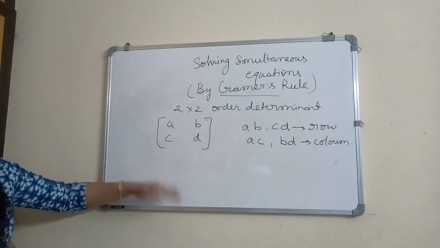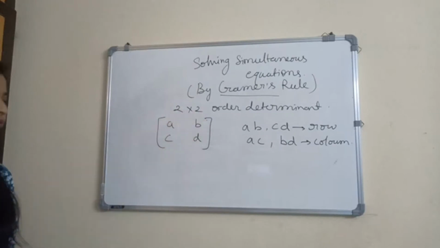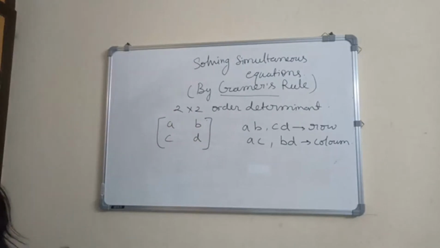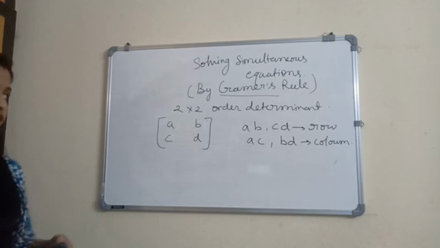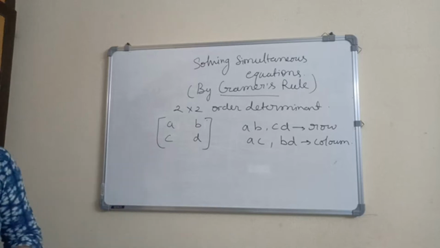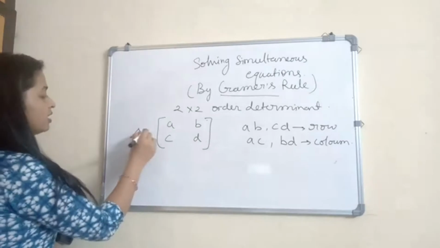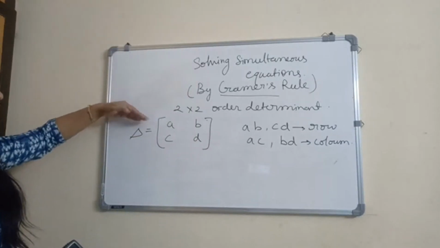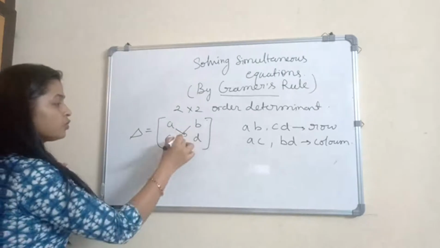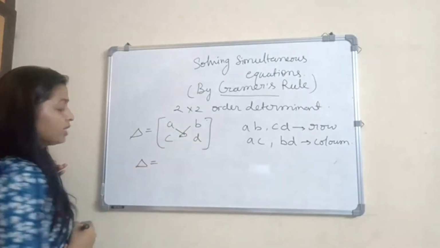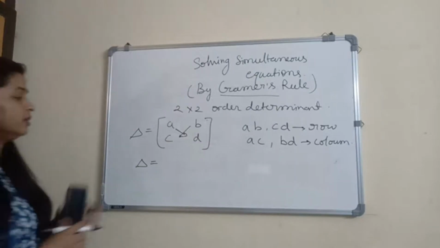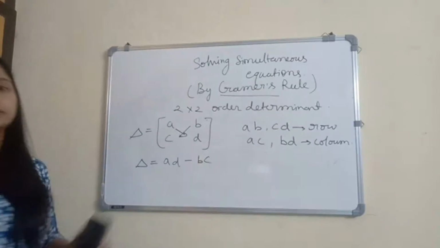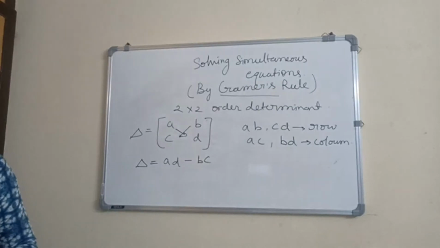Similarly, we can form 3 by 3 and 4 by 4 matrices, but the size must be the same along rows and columns. So these equations are given, and how do we solve them? We know that cross multiplication is always used to solve such equations. It is represented by del. Cramer says when we have 2 by 2 order determinants, we can solve these equations by cross product. So we calculate del, the operator, as ad minus bc. This is the simple Cramer's rule which we can apply.